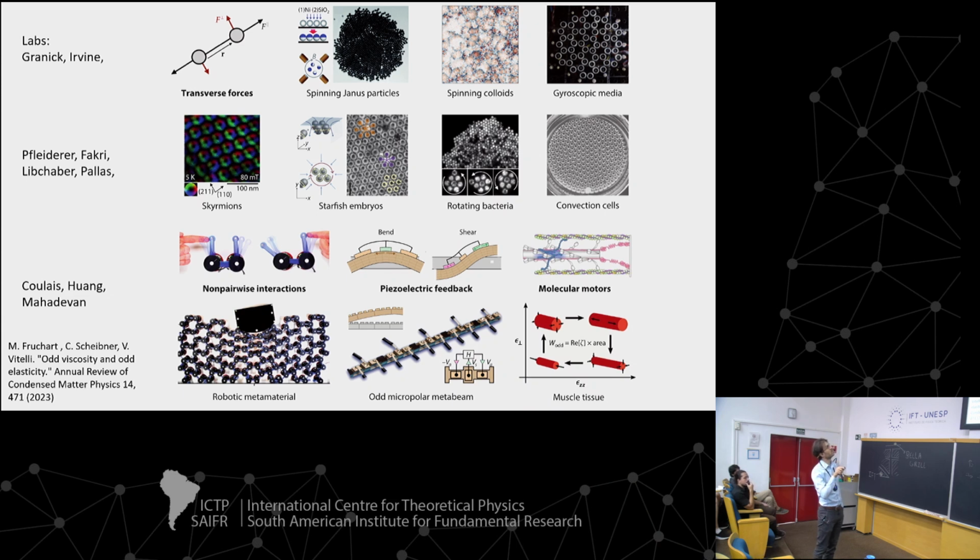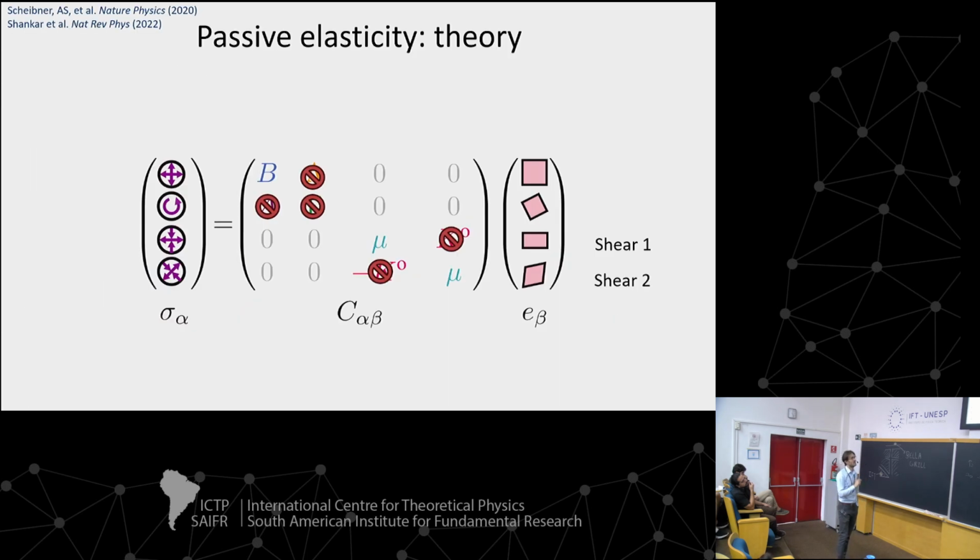Other examples are purely magnetic chiral structures called skyrmions, different types of colloidal systems that aren't based on magnetic particles, gyroscopes that you can put together in a lattice, or piezoelectric materials that you can make with the right sort of feedback. All right, so the point is that there are lots of ways of realizing these same continuum elasticity theories,